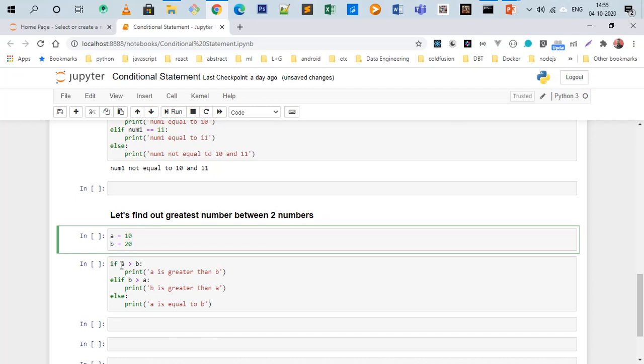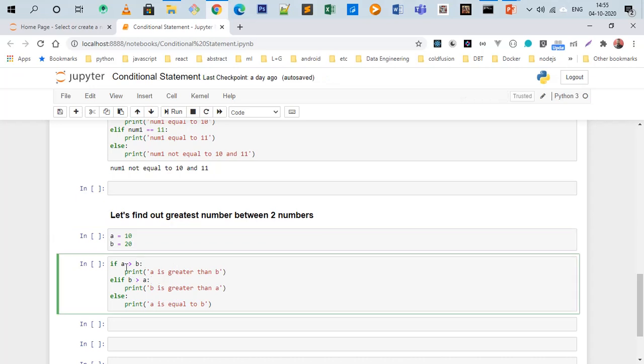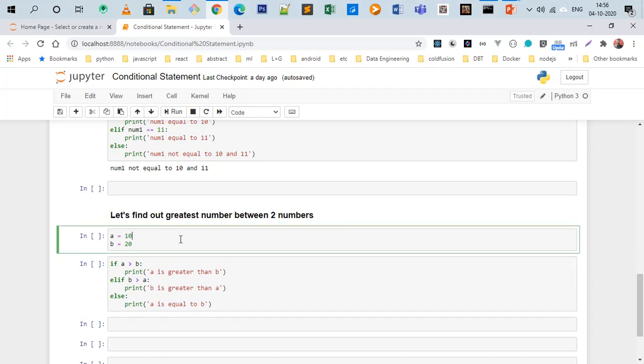First we are checking if a is greater than b, then it will print a is greater than b. Otherwise, if this condition is not true, this condition may be true, like b is greater than a, then we will print b is greater than a. If these two conditions are not true, that means a and b are equal, so we'll print a and b are equal.